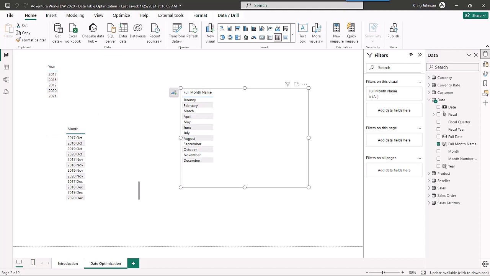Date table optimization. These are some of the things that you're going to want to learn as you start to build out your date tables. We recently did videos on the Power Query, and we also did an introduction to DAX